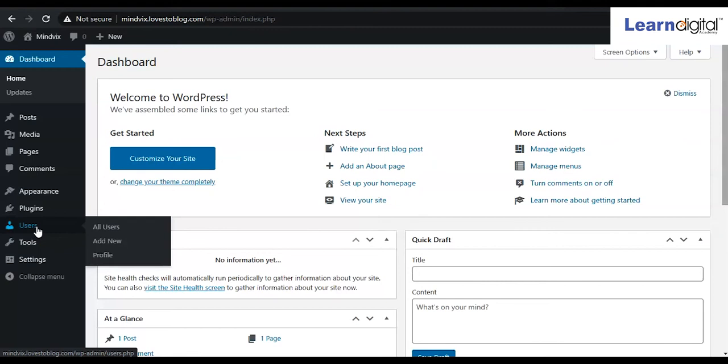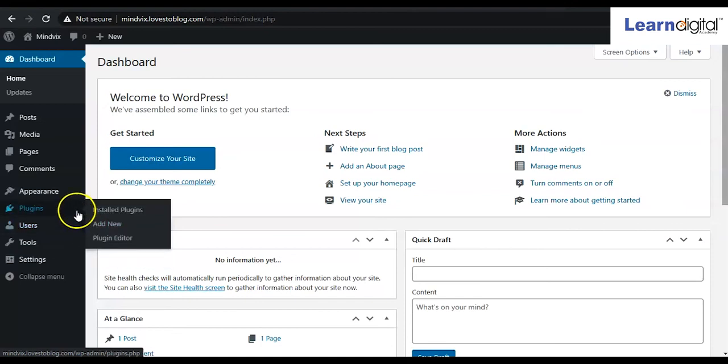It is up to you. To add a user, you have to come to Add New, and here you type their email ID and set the password for that person. The person for whom you create the user ID and password will be able to make changes in your website using them. So it is up to you.